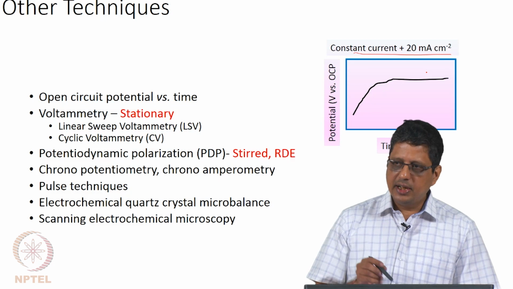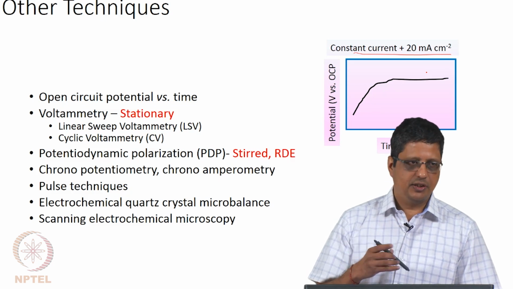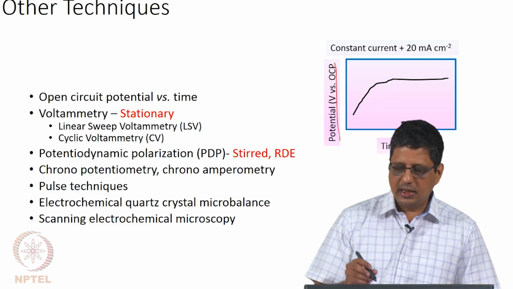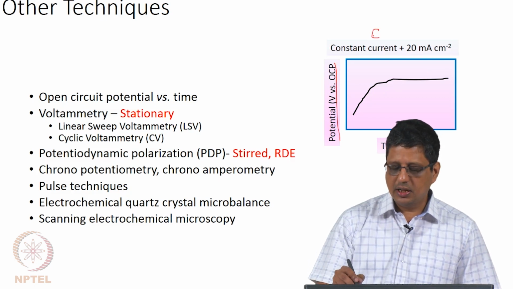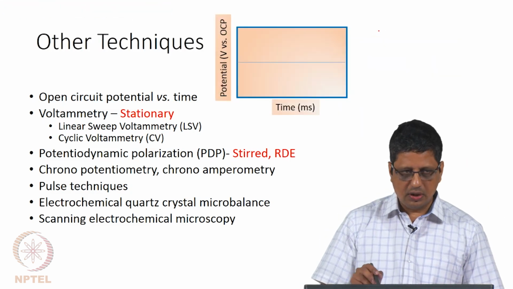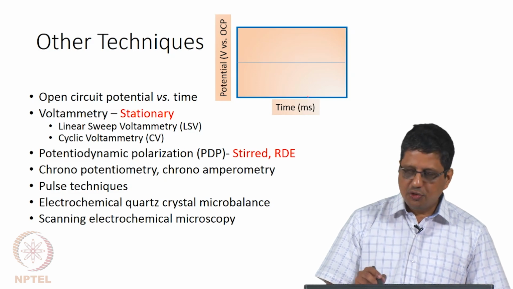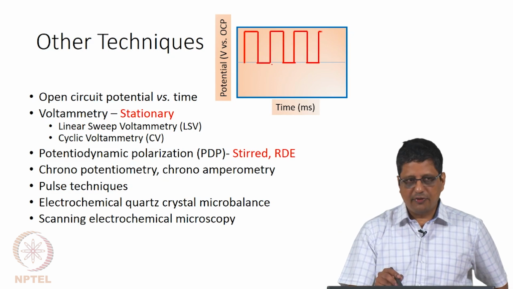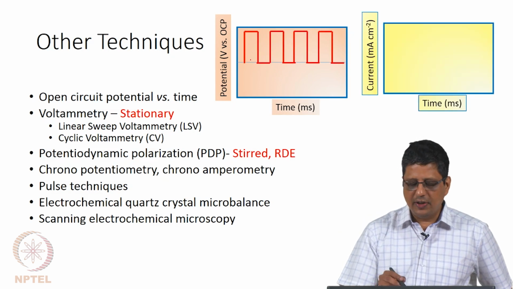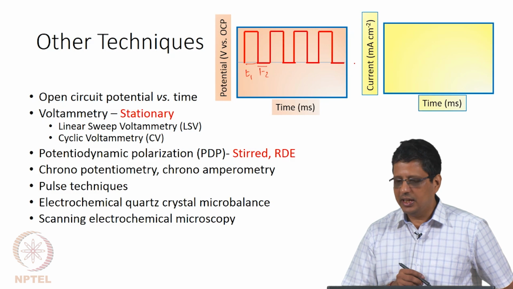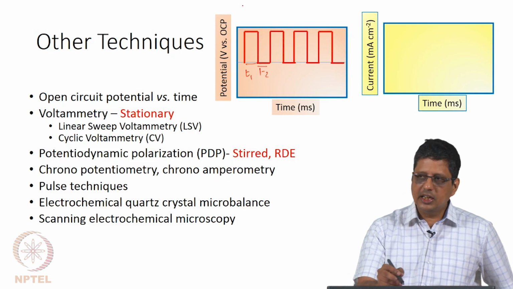Likewise, chronoamperometry is for a constant potential: what is the response of the current. So here I would specify a potential and monitor current. There are other techniques called pulse techniques, where you control the potential as a function of time. For a few milliseconds the potential may be at 0, jumps up, and comes to 0 after a few milliseconds, and it is of course periodic. You specify this time T1 and this time T2, and then this is one cycle. The total number of cycles you can specify, and the current will not instantaneously go up.